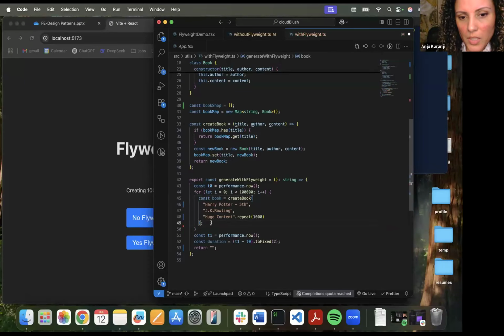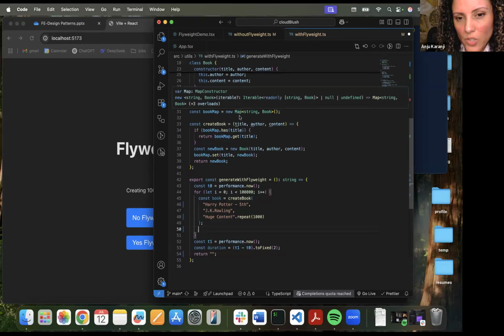Harry Potter book, we did it all with those things. So it is going to go to create book, and if an entry already exists in the book map, then I'm going to send it already. Otherwise, I'm going to create a new one and make an entry in the book map and give back the